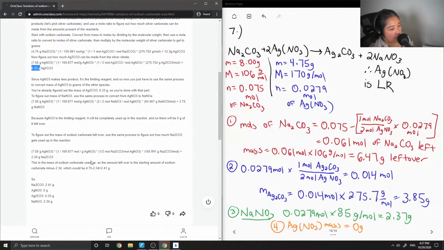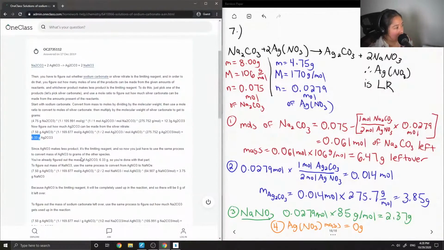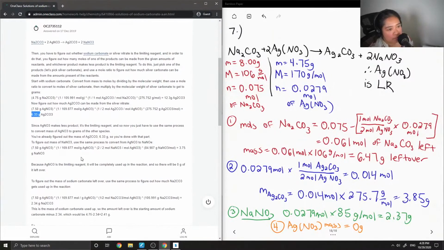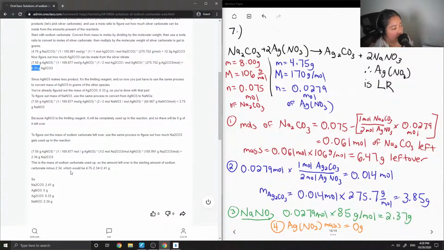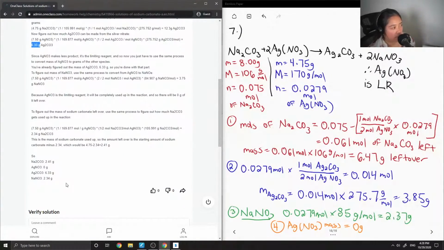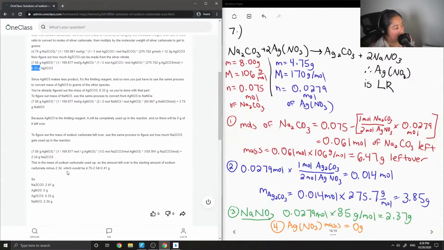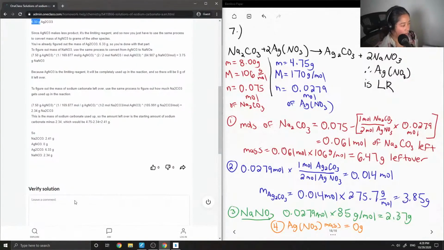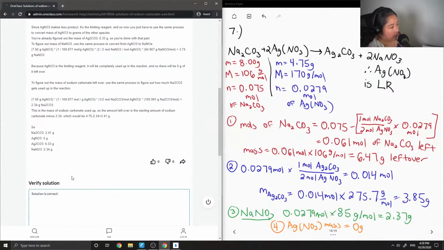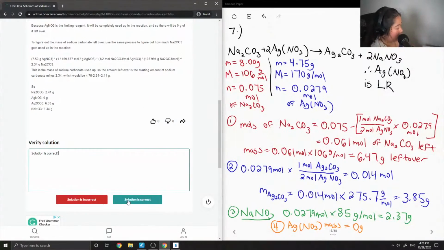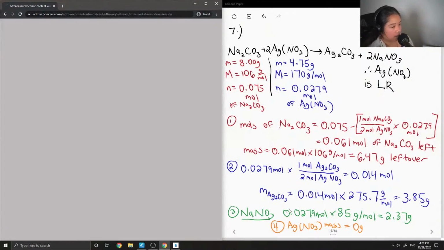And then for sodium carbonate, basically similar. But the math looks correct. Okay, so solution is correct. I'm going to see